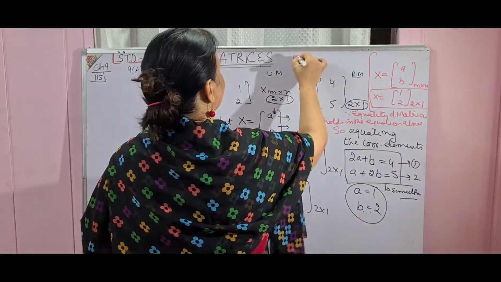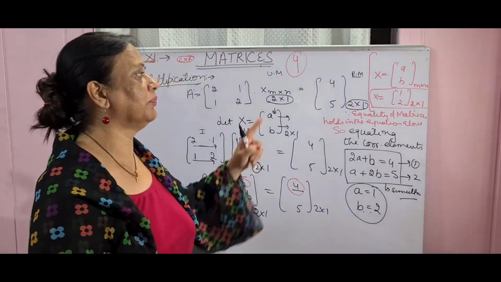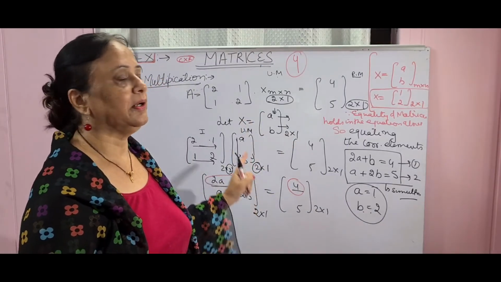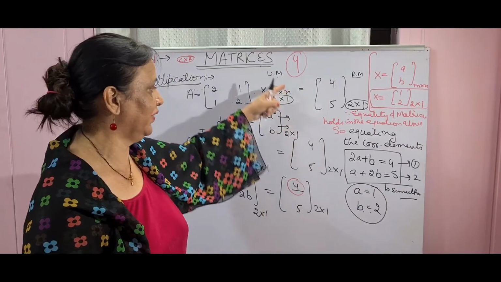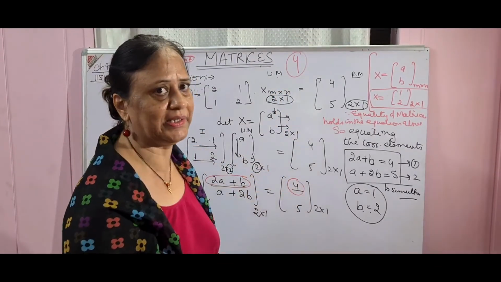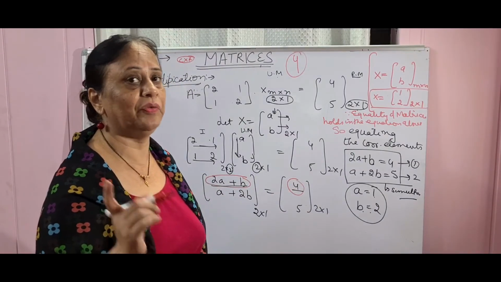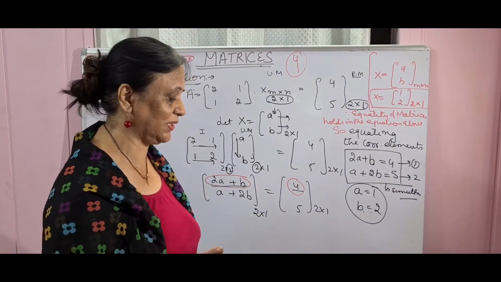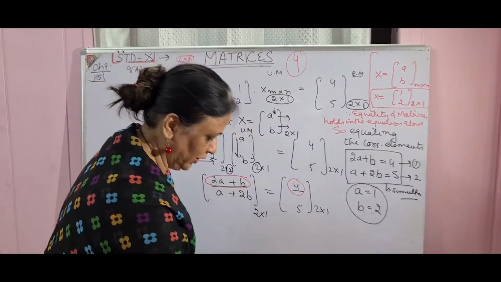This question will come every year. It comes in the compulsory section and mostly children get marks in it. You will only lose marks if you don't follow the rules the way I have written. Each and every rule is to be written very nicely, because you will not get marks for just the answer. You will get marks for presentation, especially in matrices, how to write it and what type of rules you are following.